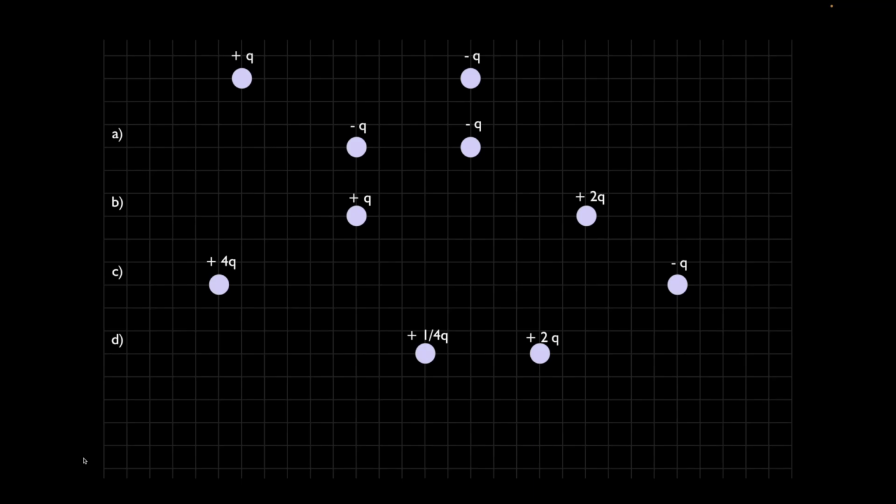This is an exercise of conceptually understanding how Coulomb's force changes if either of the charges or both of the charges change in their magnitude, double, half, quadruple, become 3 times less or something like that, and/or the distance between the charges changes. So in the first, what we're going to work with, we have the original configuration of the charges. I have a positive and a negative charge, and they are 10 paces, if you will, 10 boxes